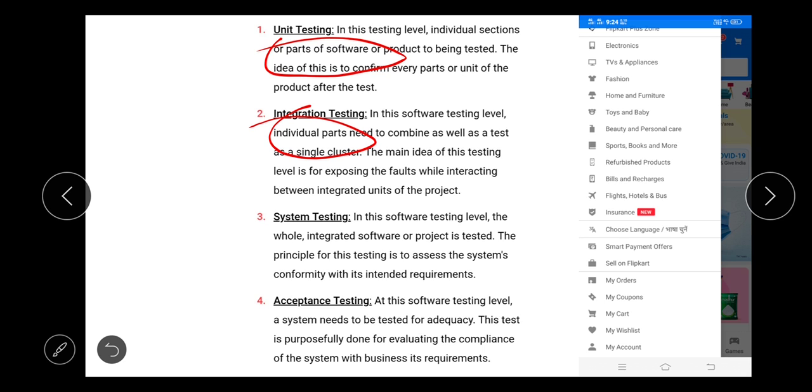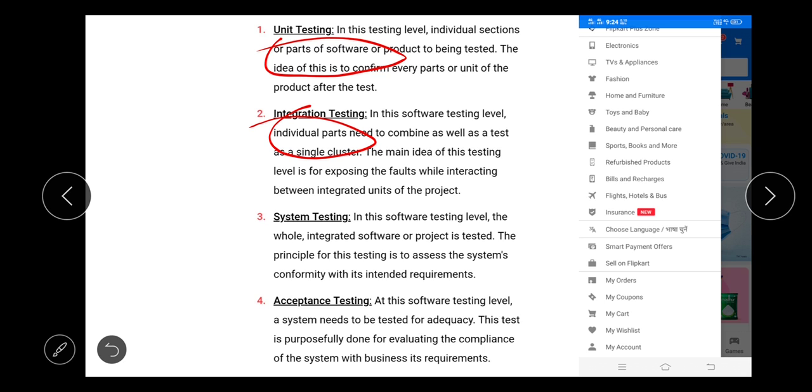Before integrating all the units, first we should assign the priority, which units we have to integrate first and which units we have to integrate second, like that. After assigning the priority, then we should integrate all the units.